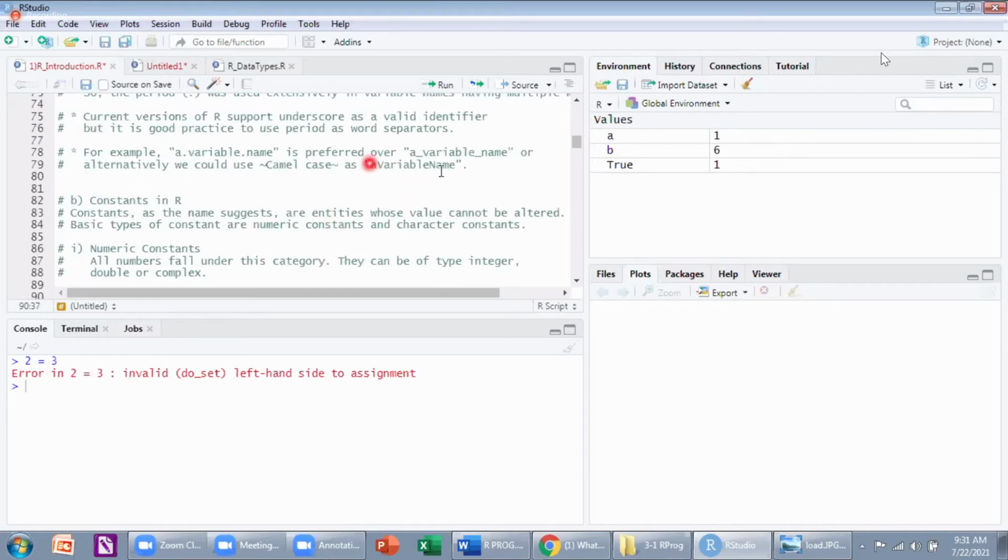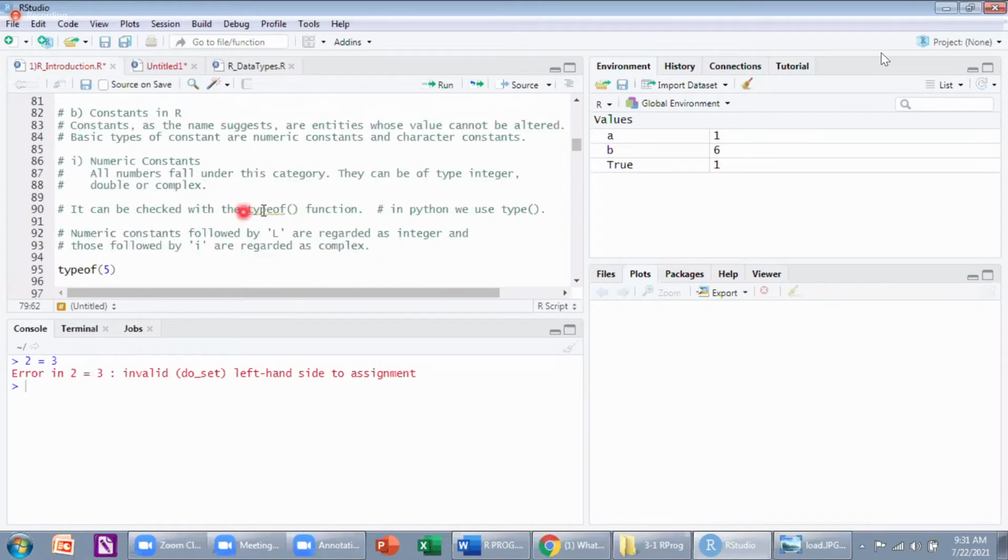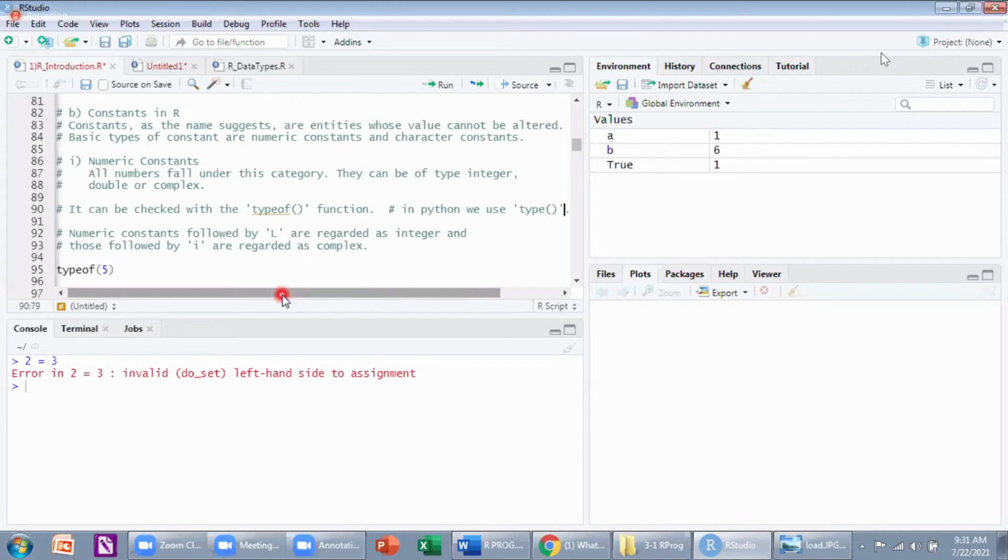Here, camel case is a suggestion for you for writing variable names, dot or underscore like that. In normal functions, here we don't have camel case. This type of function here, but in Python we use type function.